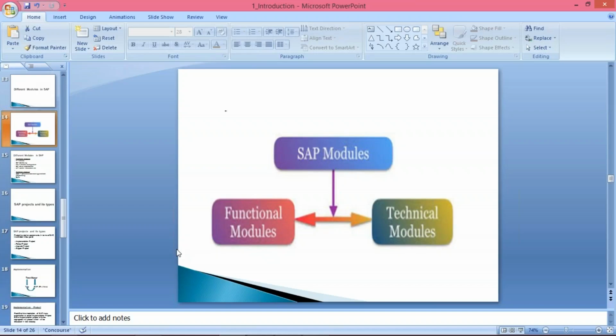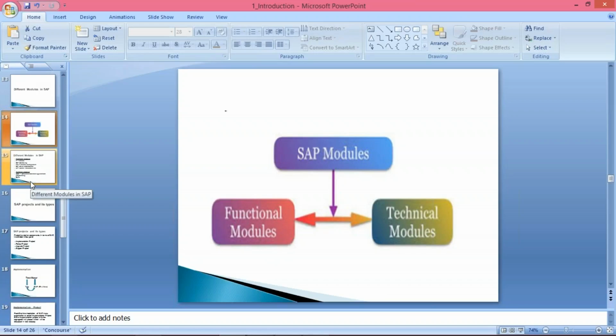Now, the difference between functional and technical, you will come to know later, because once we start the practical sessions, I'll explain certain things like development related activities and all. At that point of time, you will have a clear understanding of the exact difference between functional consultant and technical consultant. Once we start the configuration part, in the sense once we start the practical session, you will come to know what your activity is and what kind of activities are performed by a technical consultant.